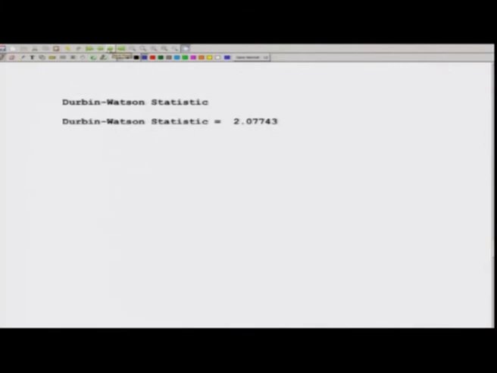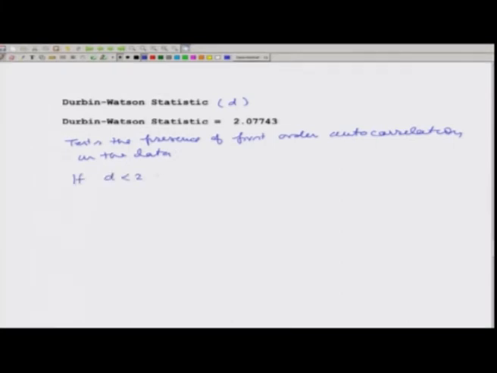Right. Now the next value is about the Durbin-Watson statistic. This is usually denoted by D, and the Durbin-Watson statistic tests the presence of first order autocorrelation in the data. The decision rule is very simple: if D is smaller than 2, this indicates positive autocorrelation, and if D is greater than 2, this indicates negative autocorrelation, and if D is close to 2, this indicates